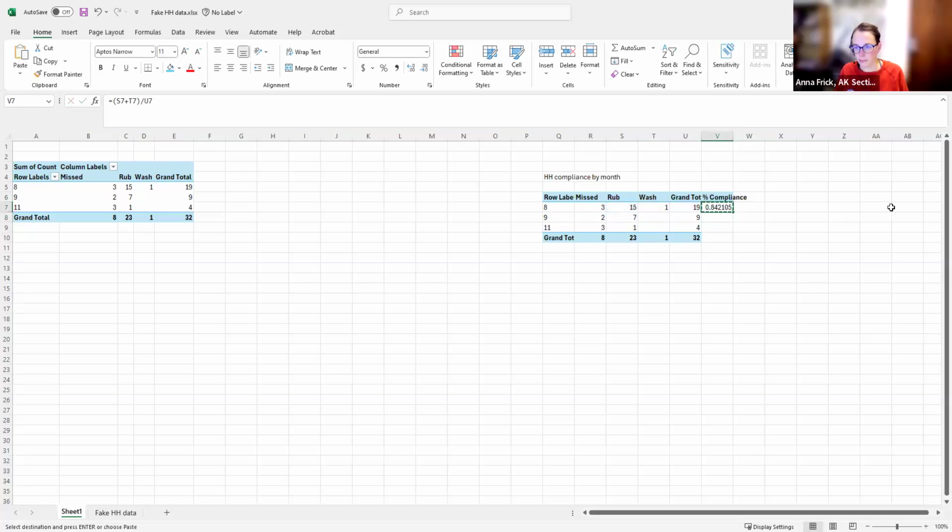I'm going to copy that, paste it into my other spots, and format them as a percentage. And now I have my first piece of data that I plan to create. I'm also going to relabel this month, actually, that's probably efficient.